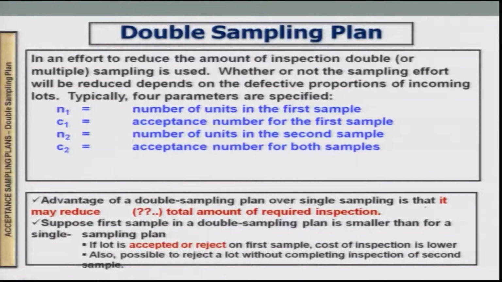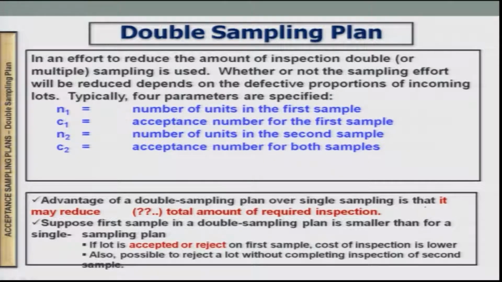Now, till now we have been considering the single sampling plan only. That means, pick up, only test that, and basically accept or reject. Now, in the second stage, before the sequential sampling plan comes, we have the double sampling plan. In an effort to reduce the amount of inspection, double or multiple, whatever it is,